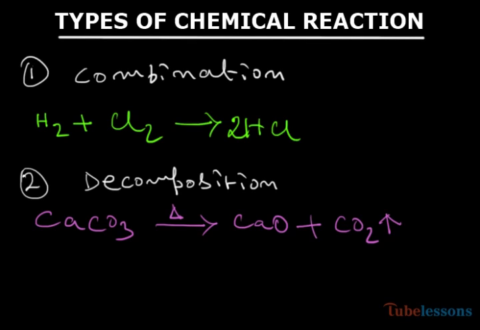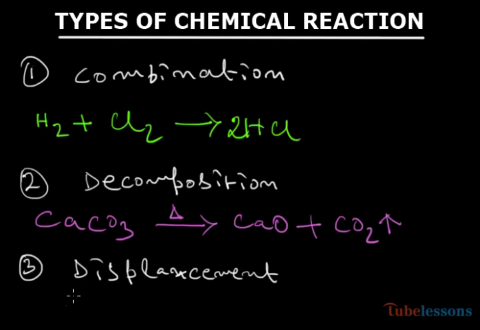Let us consider another type of chemical reaction called displacement reaction. Now, what is a displacement chemical reaction? When a metal or any element displaces a particular element from a compound, the reaction is called a displacement reaction. As for example, when zinc